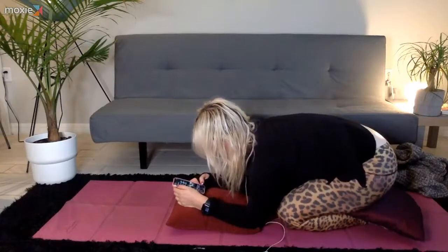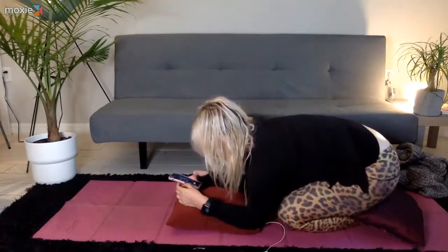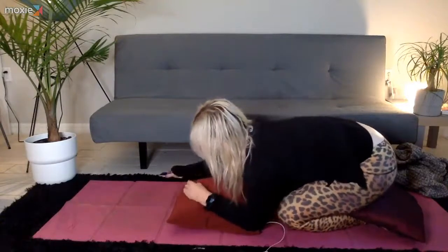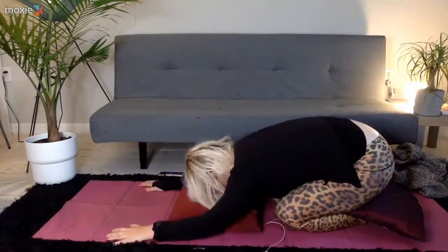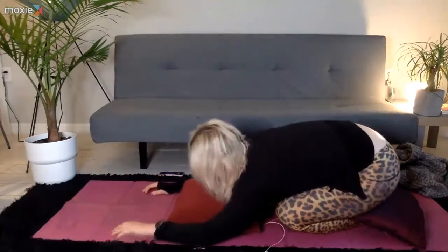Breathing into whichever child's pose you've chosen, and feeling your hips get heavier. Now, if you're in the wide knee variation